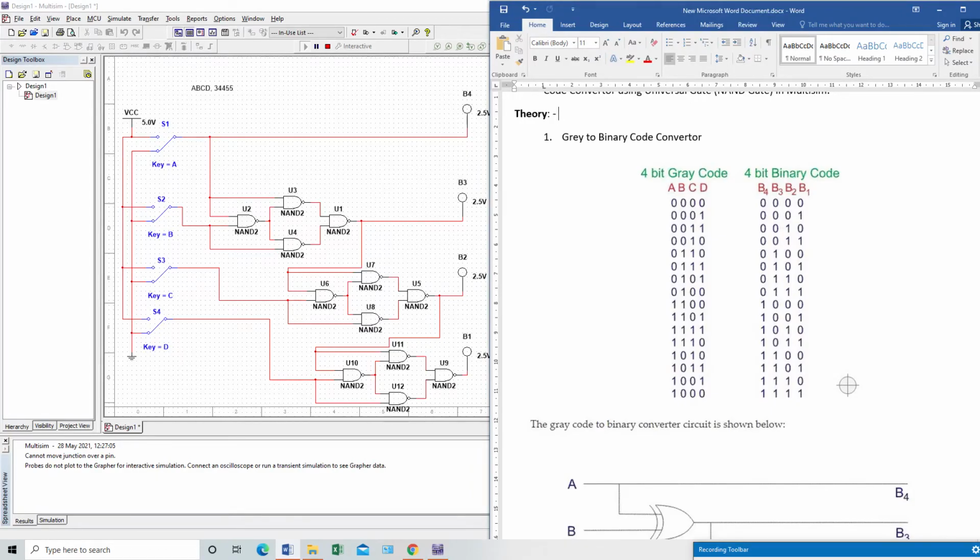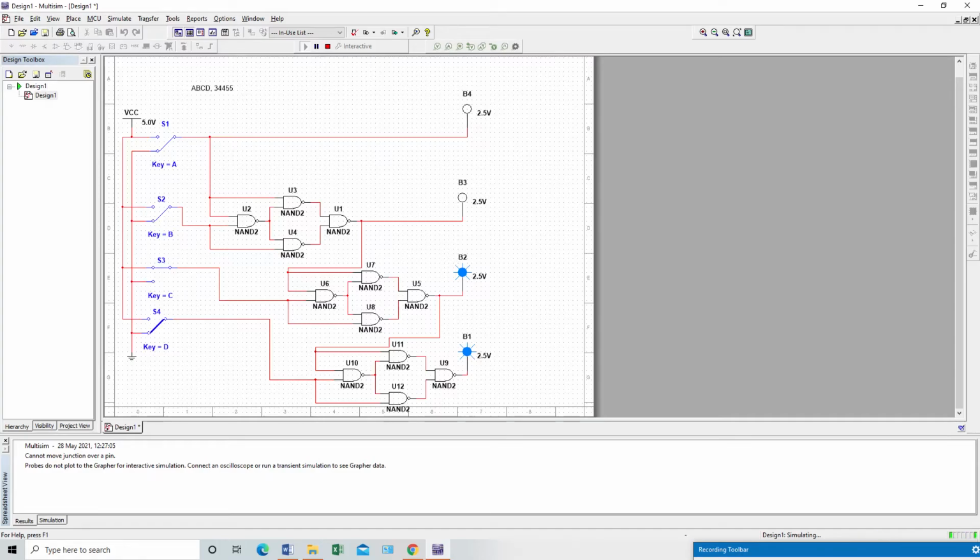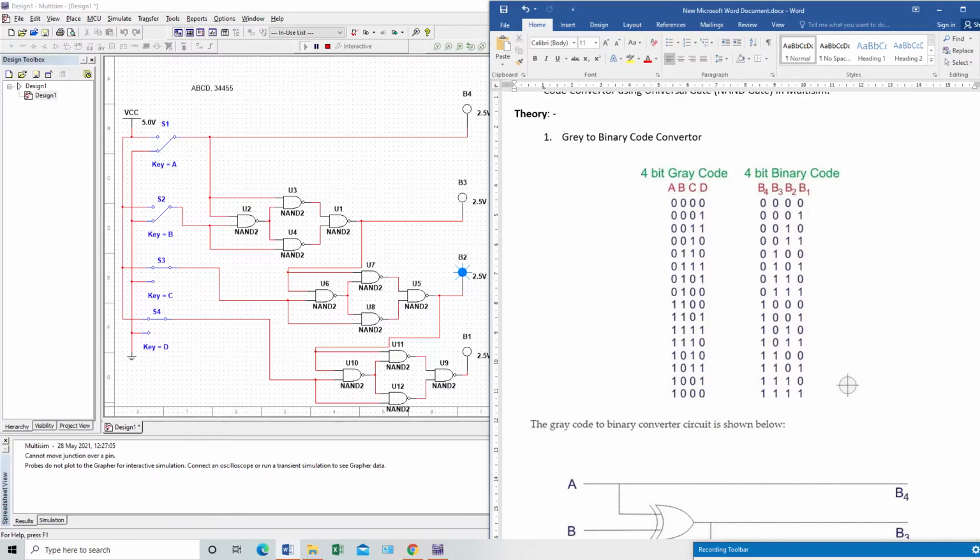And now we will verify the third one. Okay, 0 0 1 1. Then one LED, B2 LED, will glow. Only B2 will glow. And input will be 0 0, C and D will be 1 1. Okay, so I will make C as 1 and D as 1. As you can see, only my B2 LED is glowing. B2 will be 1. What will happen next? Okay, I will check the last one.